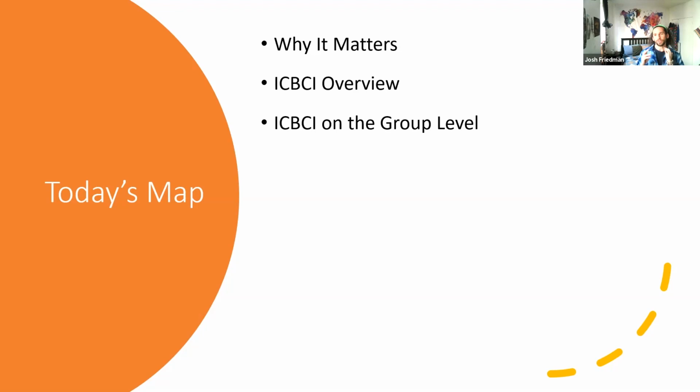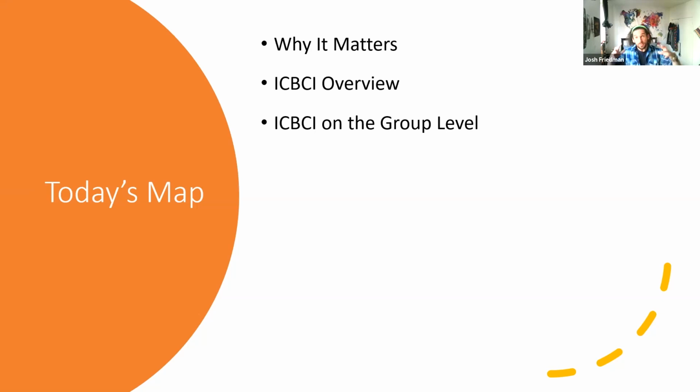And I want to really emphasize this. One of the key components of ICBCI is the fact that as a facilitator of learning, as a teacher in a classroom or a guide for a professional workshop, whatever it may be, the goal of this model and its implementation and use is that you as a facilitator can have an awareness of both what's happening in the group and what's happening in each individual with a common framework.